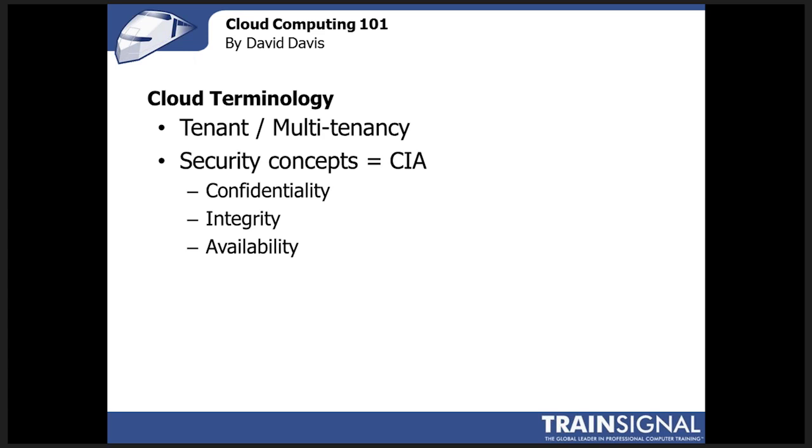Also, security concepts. If you've ever studied security, one of the well-known acronyms is CIA, which stands for, in this case, confidentiality, integrity, and availability. So your cloud needs to keep your data in that tenant confidential. It needs to have integrity, so you know that no one else has tampered with it. And it needs to be available. So you need to have the capacity. If something happens in the cloud, it needs to be resilient enough to bring up those resources again, make them available so that they appear to never go down.